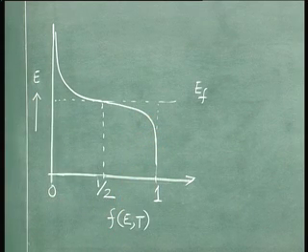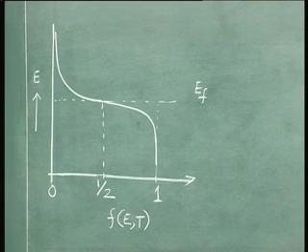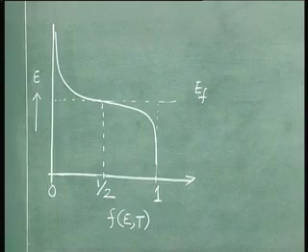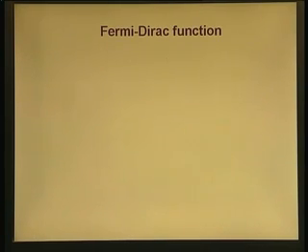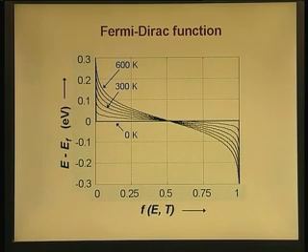For any one temperature, this is how the function looks. How does the function look for different temperatures? Let us look at it on a graph. So you can see here, for higher and higher temperatures, the curve has been plotted for intervals of 100K starting from 0K. At t equal to 0, until you come to E